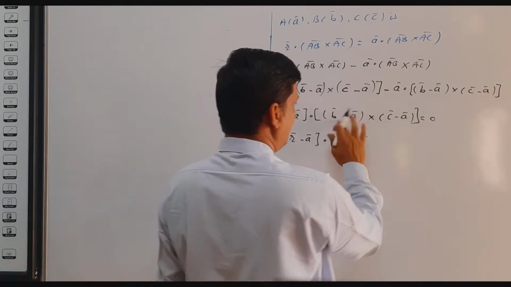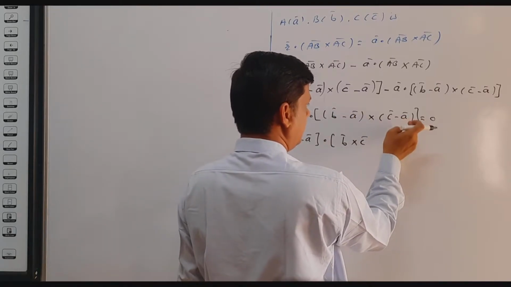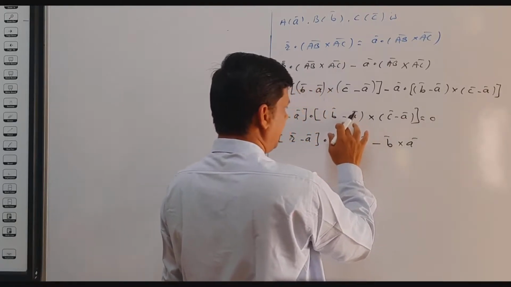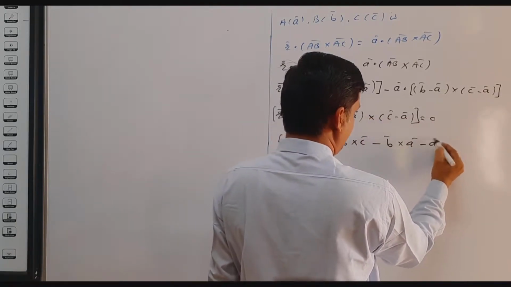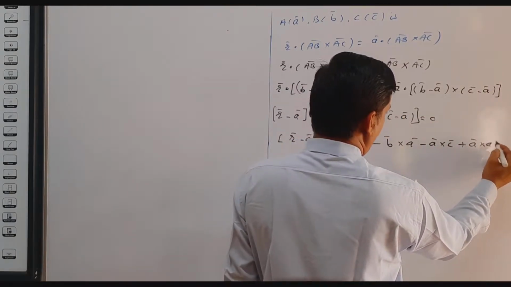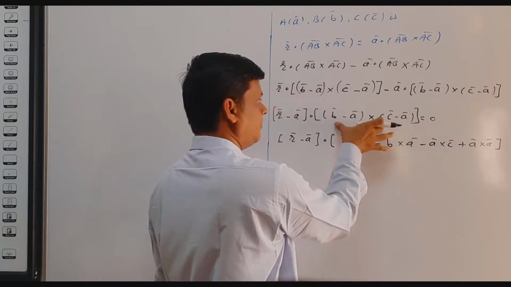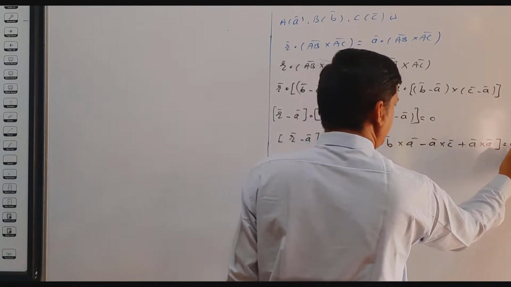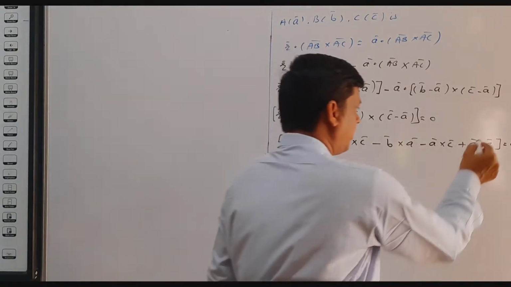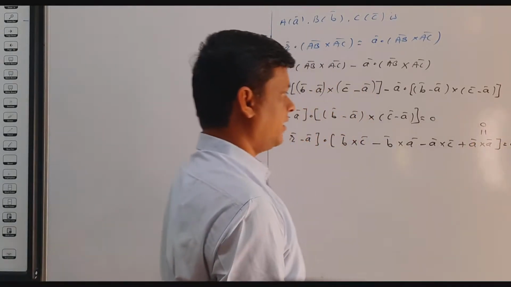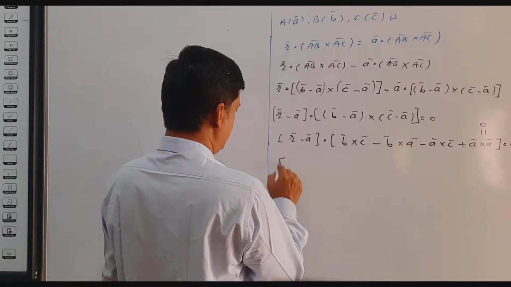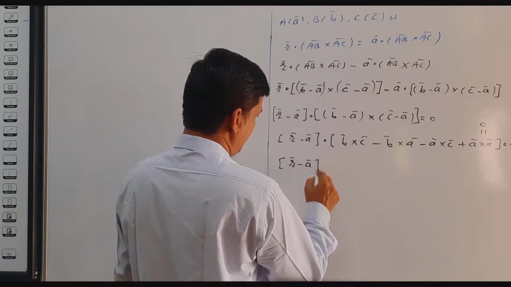Now when we multiply B bar to this bracket, we write R bar minus A bar dot B bar cross C bar, then multiply by A bar, so we get minus B bar cross A bar, then multiply by minus A bar to this, we get minus A bar cross C bar, then minus minus gets plus A bar cross A bar. We just multiply these two brackets taking cross multiplication. Now this A bar cross A bar is equal to the 0 vector, so we write that value as 0.